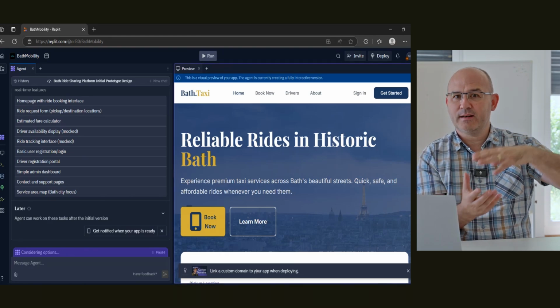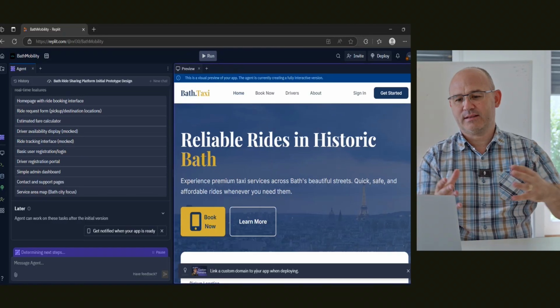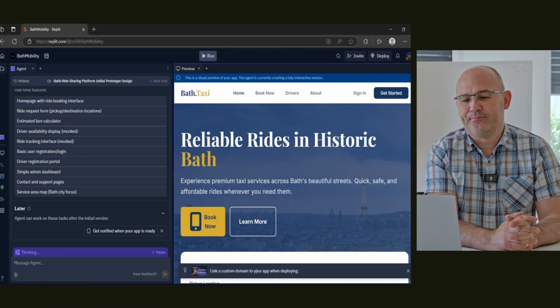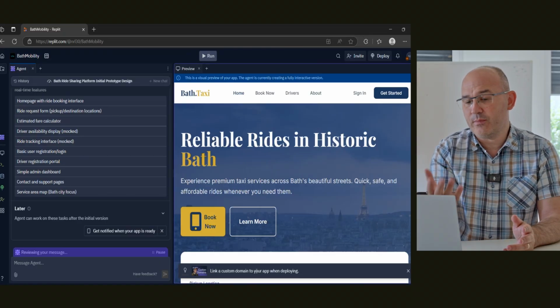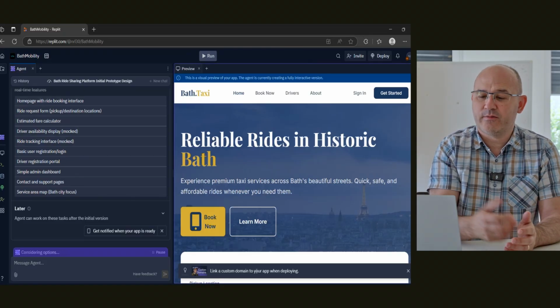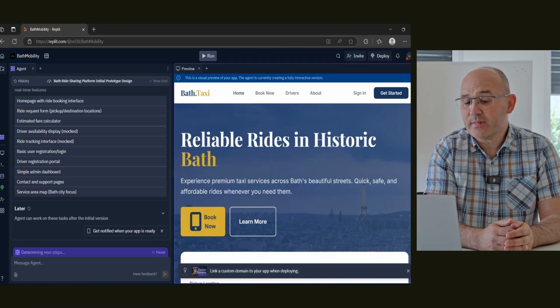I could have been much more specific. I could have actually defined the requirements myself and come up with a requirements.txt file, and passed that to the tool. I would have got different results the more specific I had been. However, it's using its own knowledge of what it's been trained on, with comparisons to the likes of Uber, extracting use cases from essentially clones of Uber and putting that from its knowledge base into its own agency. So I'm going to pause this, accelerate the flow here, and come back once it's finished thinking.